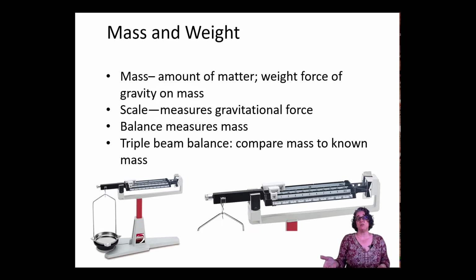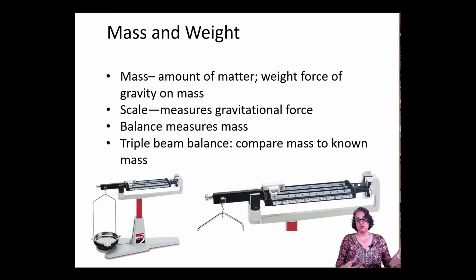The difference between mass and weight is that mass is multiplied by little g, gravitational acceleration, 9.81 meters per second squared, which is gravitational acceleration on planet Earth, and that will give you weight. Units of mass are grams. The unit of weight, since weight is a force, is the newton. We measure